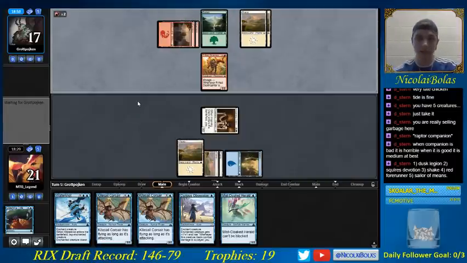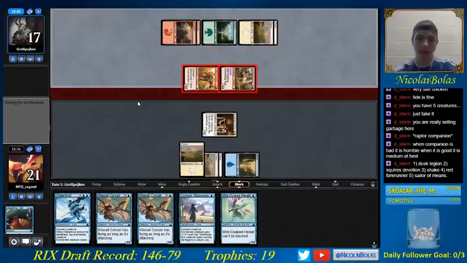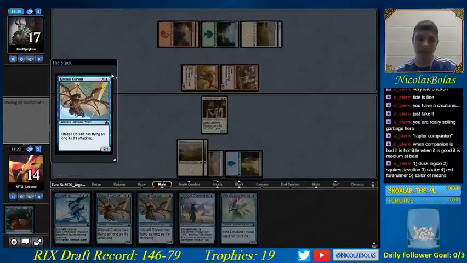I feel like, yeah, this is a rough game. Oh no. Oh dear. Now I kind of have to trade. I am priced in, as they say. Island. Okay, Kitesail Corsair. Not what I want to see, but...